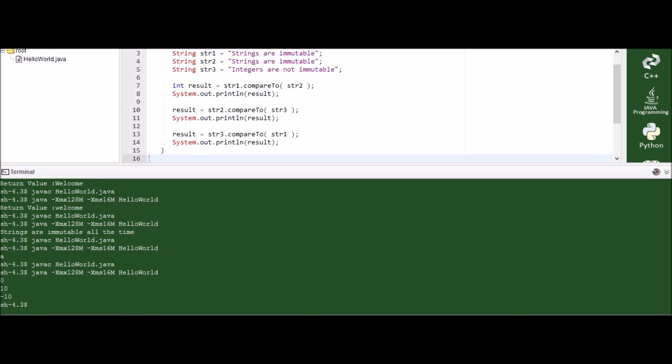The given strings are compared, and as you see it outputs the relative value. Basically, it subtracts the second string from the first string.